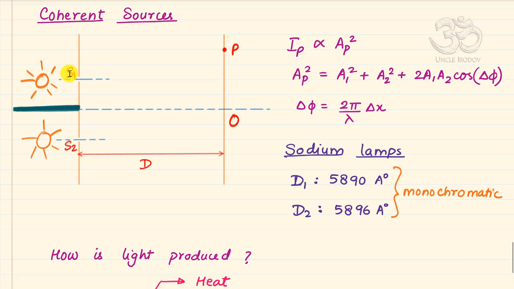So the result is that the light reaching S1 and the light reaching S2 has some random phase difference to start with. Now they have a certain phase difference when they reached S1 and S2, and thereafter some more phase difference is going to get added up, but that phase difference is a fixed number. I know that this phase difference is a fixed number because I have been able to calculate it. So there is a random phase difference, and added to the random phase difference there is a fixed phase difference. Overall the total phase difference between these two waves when they arrive at this point P is going to be random. So you insert a random number here, and this random number will mean that this term will change its